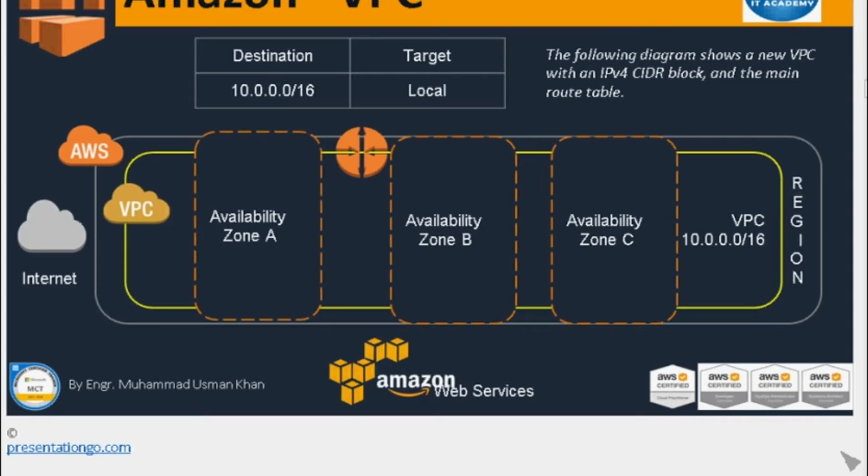So /16 means if you have more than one /24 subnet in multiple availability zones, they can all communicate with each other due to this /16 route. If you summarize the /16 route, it means all the /24 subnets can talk to each other. So if you create one machine in one subnet in availability zone 1, and create another subnet in availability zone B along with a machine, they can both talk to each other due to this route.